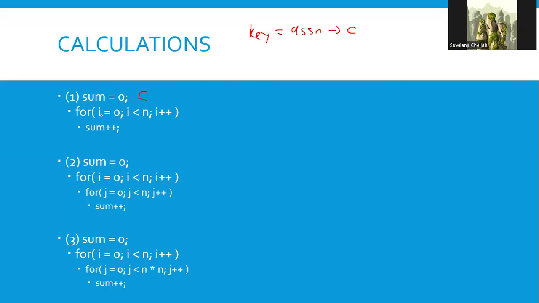So sum is equal to 0 has got a constant time. I is equal to 0 has got a constant time here, right? So anything that is assigning something, meaning if it's got an equal sign, then it means that it's constant